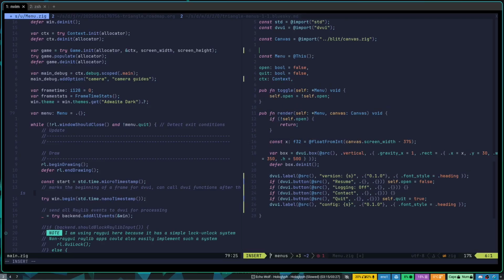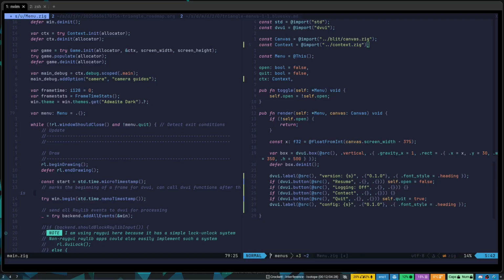Const context equals @import. Where is, I'm just trying, I think it's game dot slash game slash, no, it's just at the root, right? Okay. And let me just, yep, that's good. And then